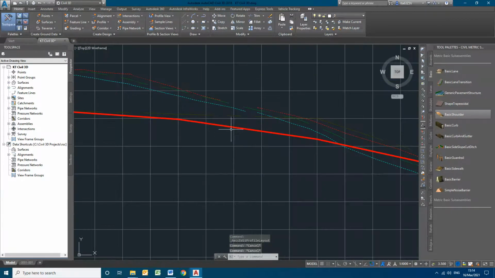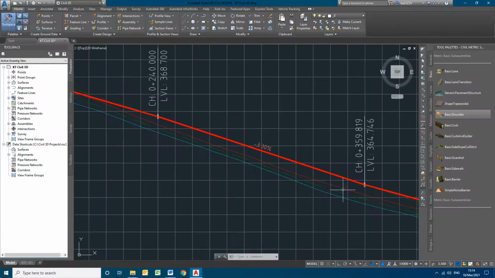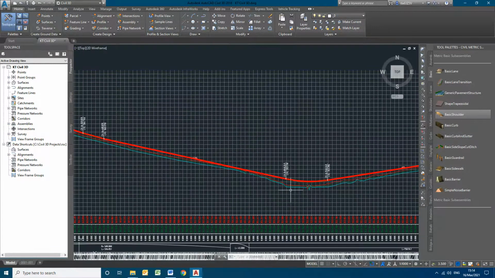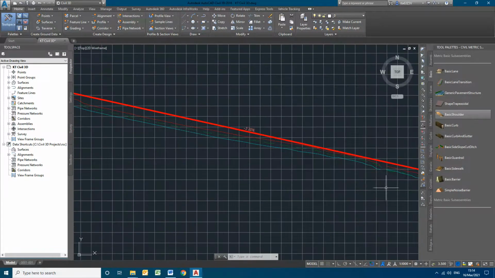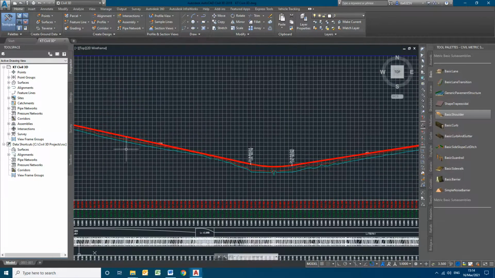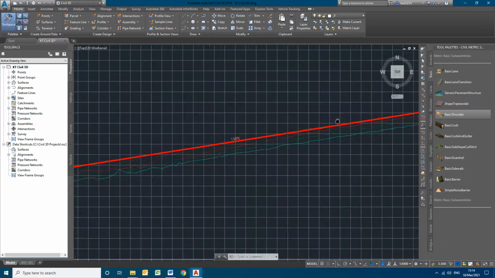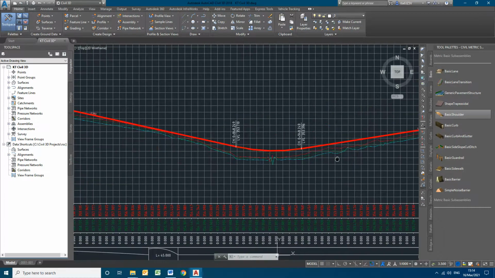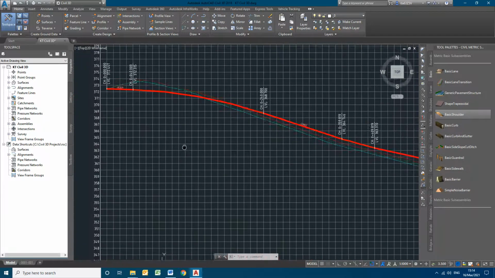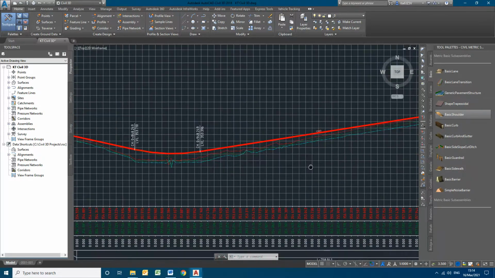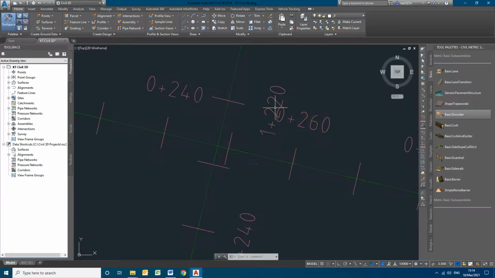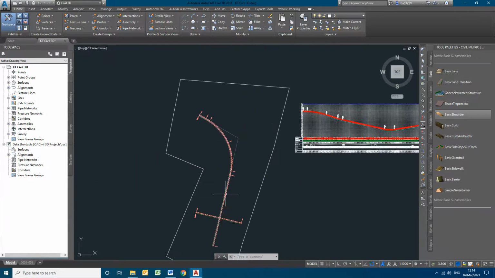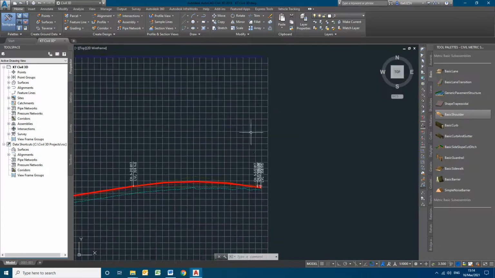So the profile design should be done in such a way as to minimize the cut and fill quantity, balancing the cut and fill quantity with the minimum, and at the same time satisfying the gradients. The thick red line that we had provided is the FRL. You can see this is how the FRL is. We have to do the design also for the convenience of the junction, which can be simplified in the further process.